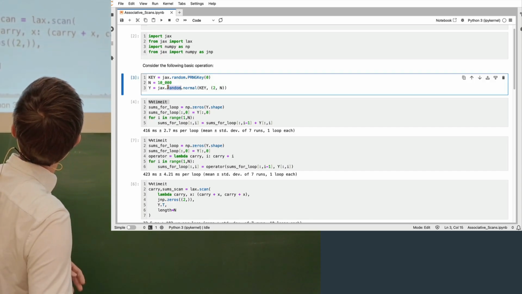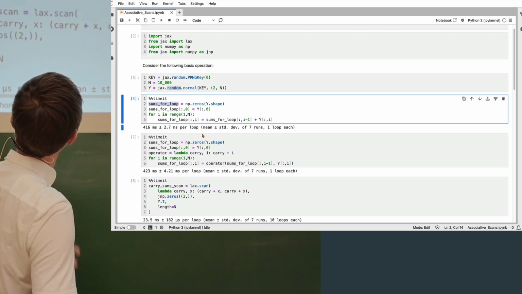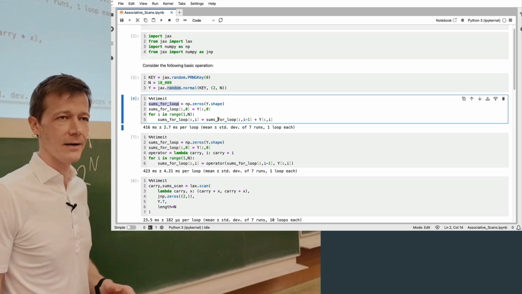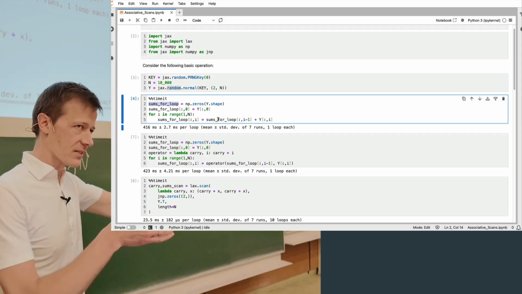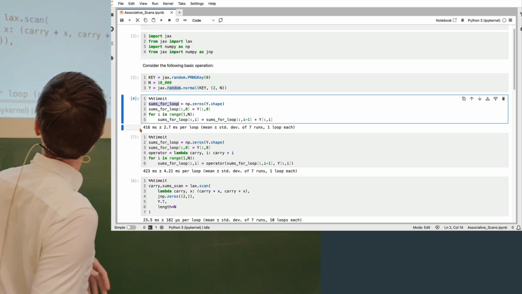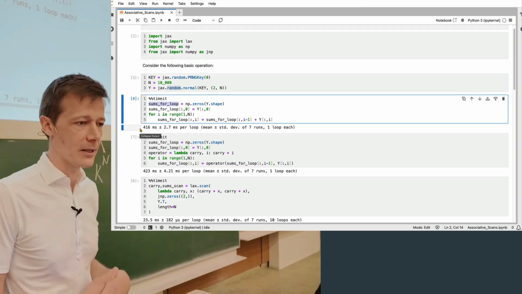I create this fancy array, and then I do this. Here I just sum over this array in the most naive way possible. I write a Python for loop, and that just walks over these slices of the array and sums them up. This takes 416 milliseconds to do this for 10,000 elements in the array.